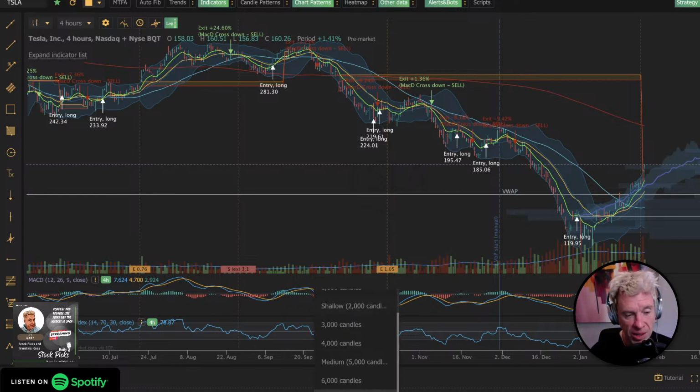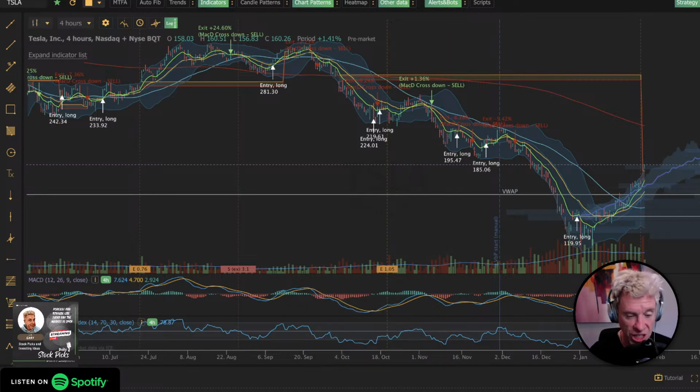But shallow candles, if we go down to 2,000, which is what they recommend for shallow, the algorithm makes you 1,093%. Buying and holding makes you 659%. And that's because, for the most part, the algorithm has kept you out of, how does that work? Hold on one second. 2,000 candles. Oh, okay, you're still in. I was seeing something different. I said, why does the algorithm change? But you can see it tries to keep you out. It does lose you some. You make 7% instead of minus 41%, but you're still in it right here.